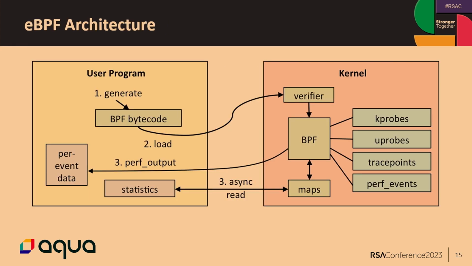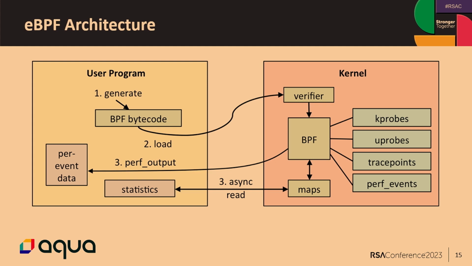Here you can see an accurate representation of the architecture of eBPF. Basically, we have a loading of a program from the user mode, a BPF bytecode, into the verifier. The verifier is a component that verifies our code. This is one more action that BPF is allowing us to run secure code on the kernel. It does some checks to see if our code can be run securely on the machine. For example, it checks that we are not doing any null pointer dereference or stuff like that.